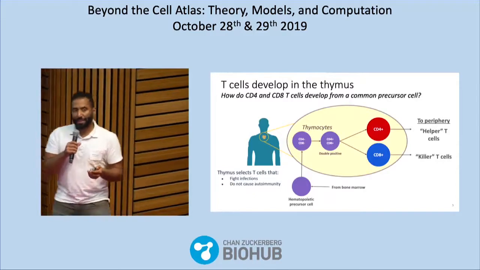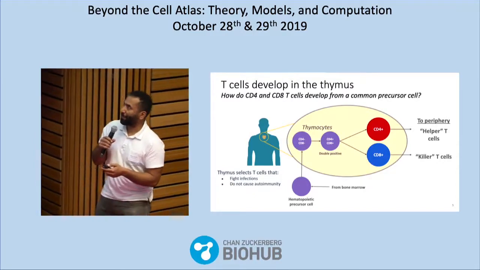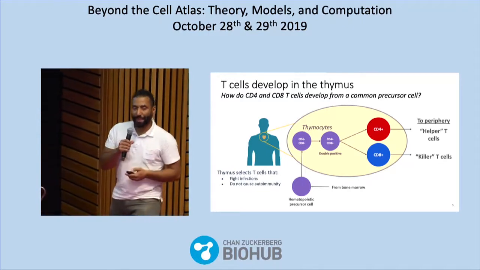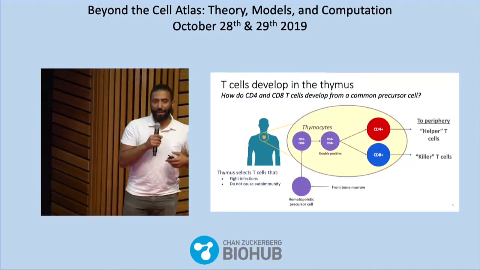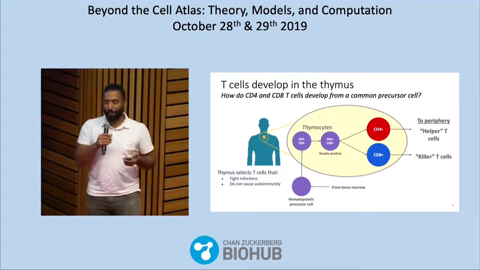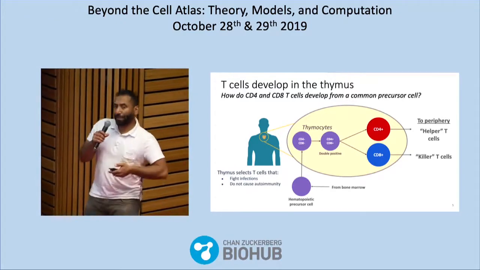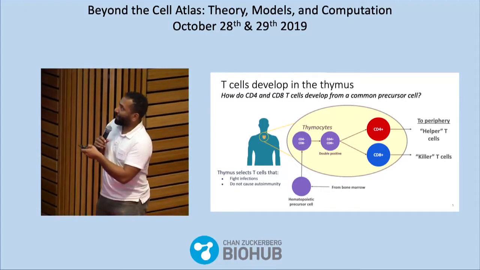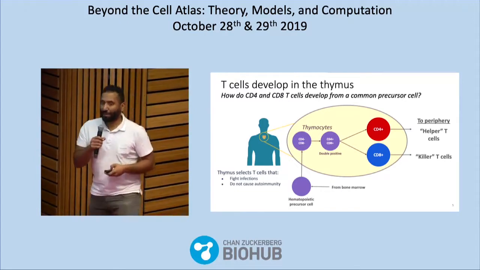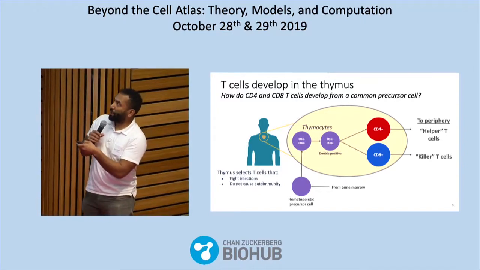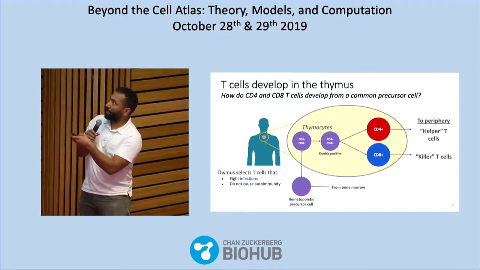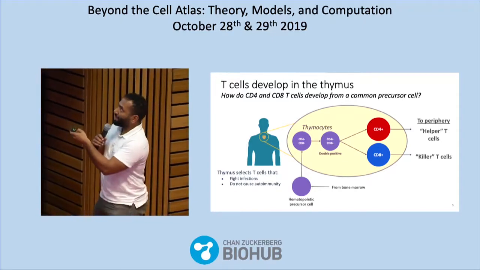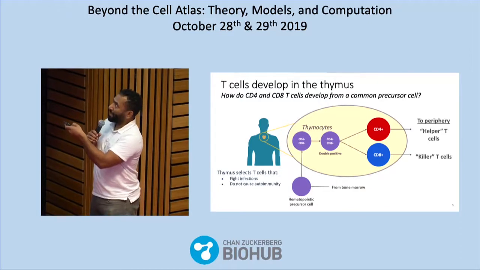And so we've been using this system to study, this algorithm rather, to study a really interesting process that takes place in the thymus, where we develop a balance between CD4 cells and CD8 cells, or rather helper T cells and killer T cells. And so in the thymus, these double positive CD8, CD4 cells go down this sort of branching trajectory and determine whether or not they're going to turn into CD4 or CD8 cells. And this decision-making process is kind of unknown.